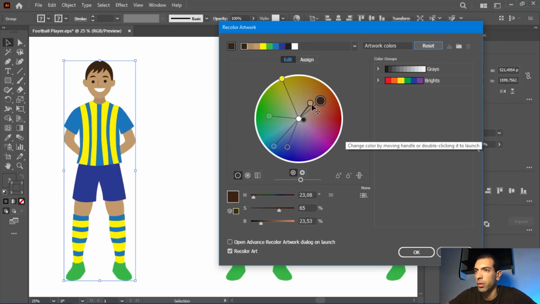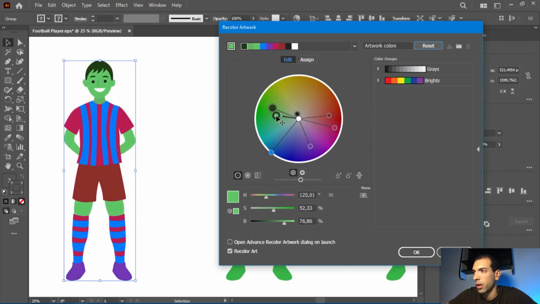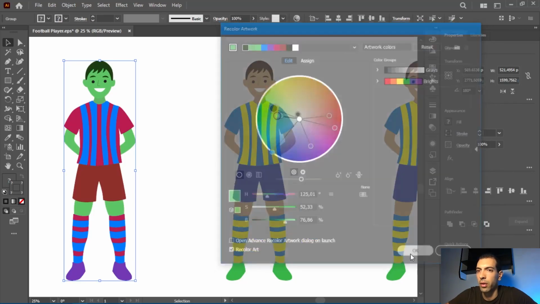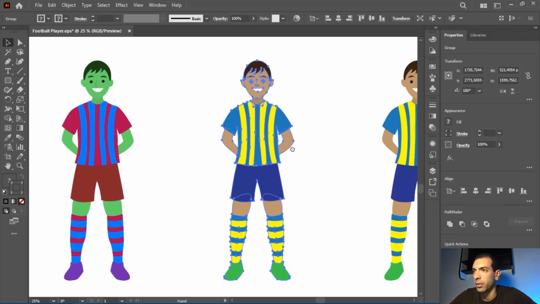What I want to do, I want to rotate until the skin color becomes green and until he looks like an alien. I look for the skin colors, these colors right here, and I'm going to rotate like this until the skin becomes green like this. I'm satisfied with this result. Now I can click on OK. Next illustration,